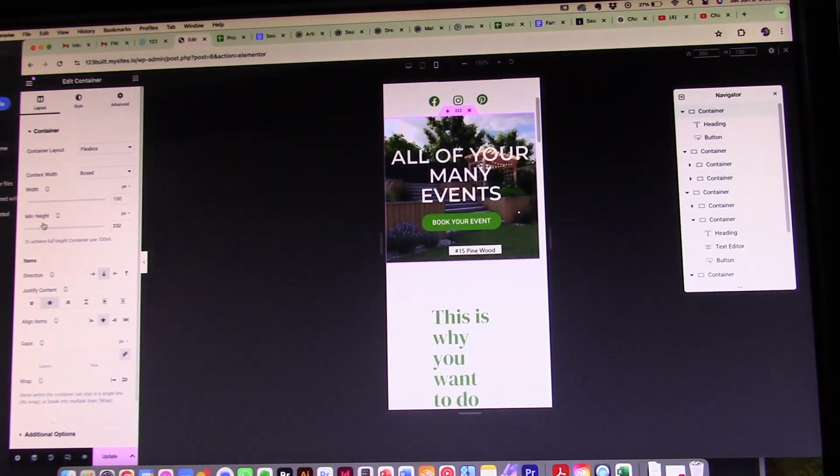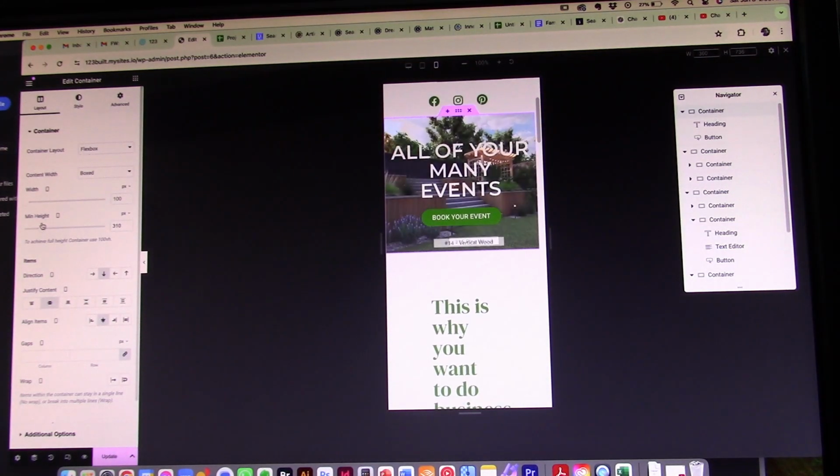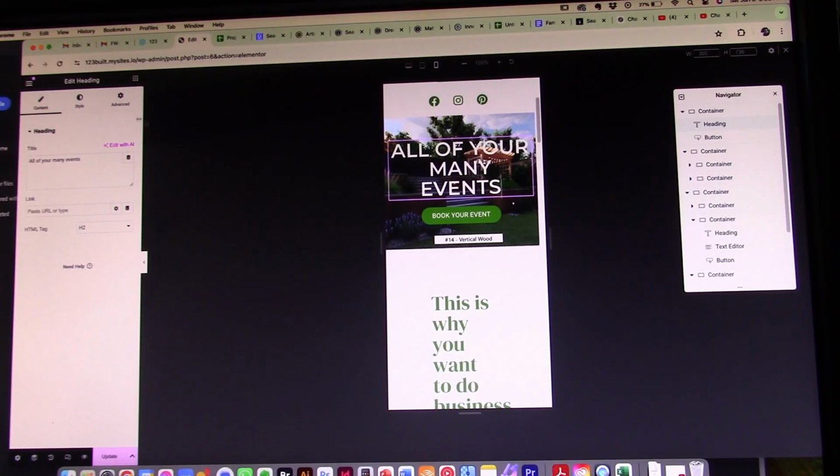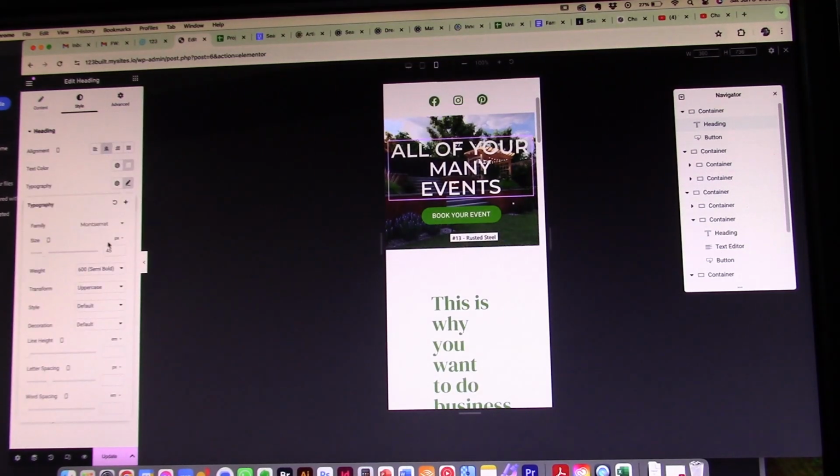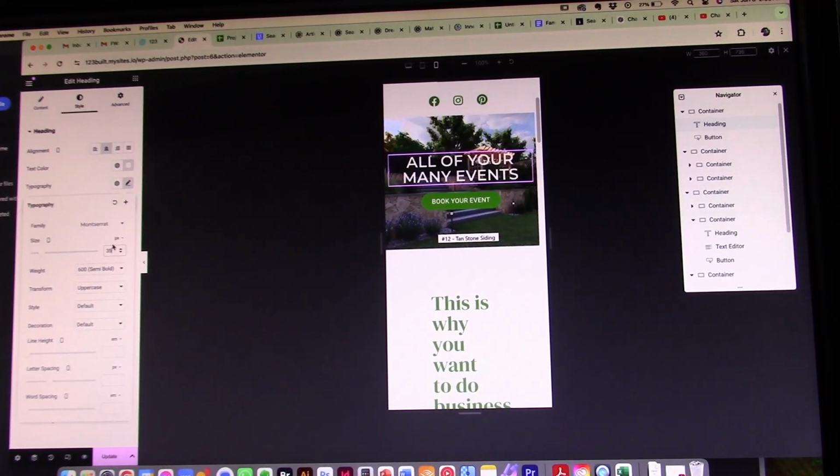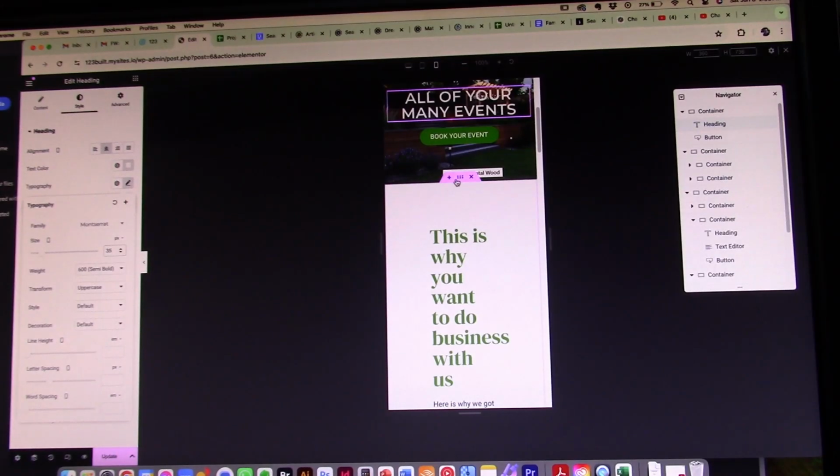I don't need it to be 600 on a mobile, maybe I want it to be 300, and I want my text to be way smaller. Instead of being 45, we're going to go down to 30. Yeah, 35, we'll have it be 2, and then, yeah, let's say I'm okay with that. So then when I get into my next section here,